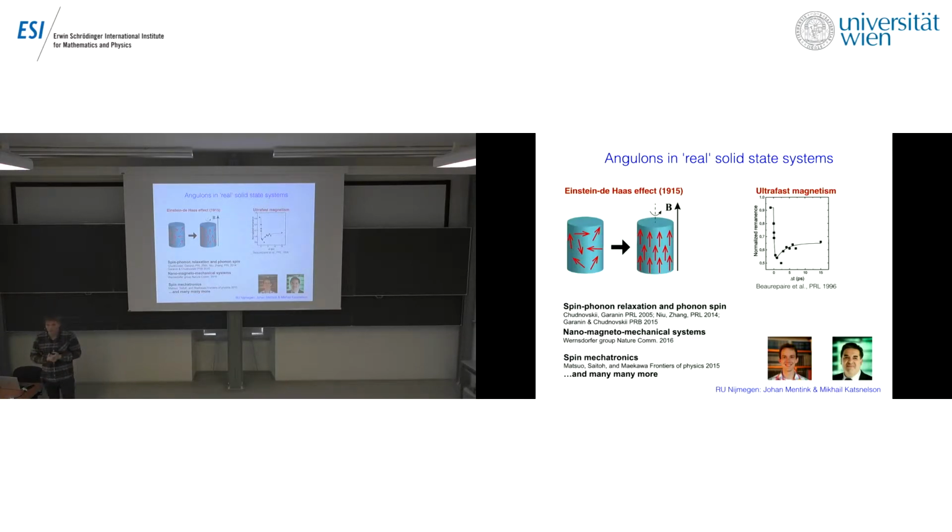They put a chunk of material in a magnetic field, and after they switched the magnetic field, they observed mechanical rotation. Then Barnett did a reverse experiment where he rotated a chunk of ferromagnet, I think, and it developed polarization. Back then, it was extremely cool. It was a bit misinterpreted by Einstein and de Haas, who called it some molecular currents and so on, but ultimately it allowed us to understand what spin was, because people had no idea that spin was angular momentum. Here, you would conclude that it makes sense, right? You change the angular momentum in one subsystem, the magnetic subsystem, and you acquire angular momentum in the mechanical subsystem. It made sense for most of the 20th century, and people didn't think about it much